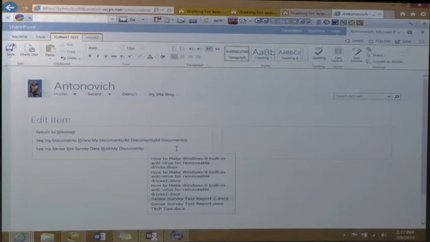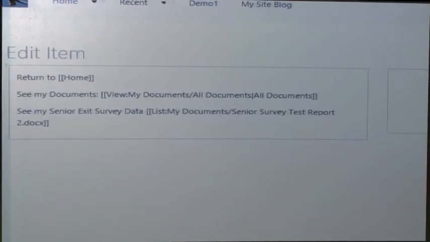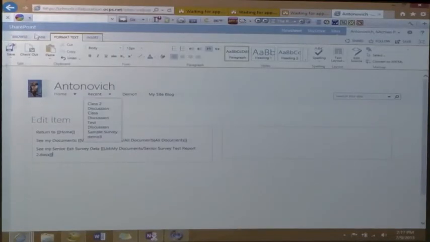I'm just going to try selecting it this way. I selected the one underneath and maybe it has an alternate name. Okay, so I'm going to select this one, and it puts the name of that particular document in. If that's all I wanted to do, pressing enter closes it off with the square brackets. So it's got the square brackets at the end. And if I save that